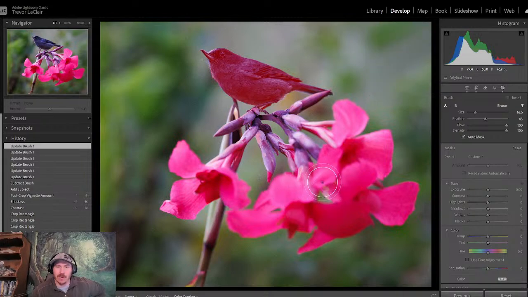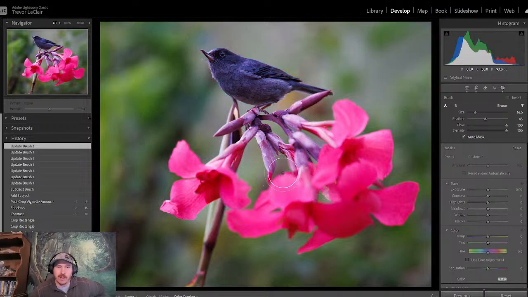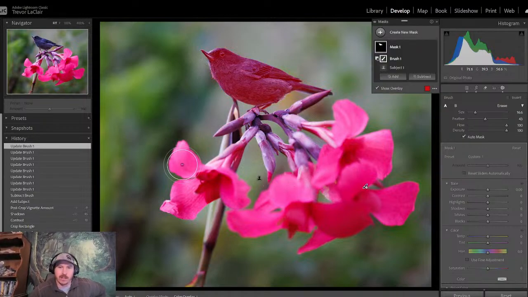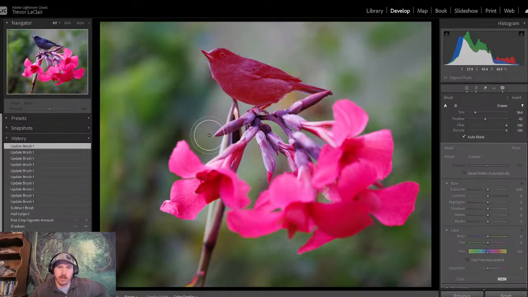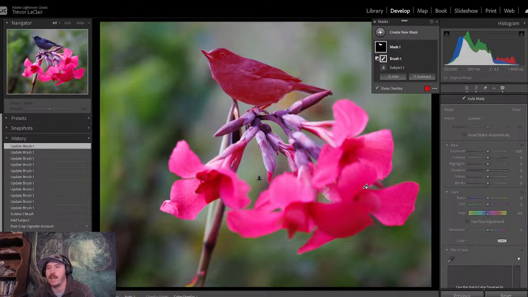It's kind of hard to tell what is the red when your flower is also the red. So get rid of that and this reddish color, I should say. Boom, boom, boom. There's a little bit of spot up here. And then, boom. Okay. I have erased all the flower, so now it's just my bird that is highlighted, and